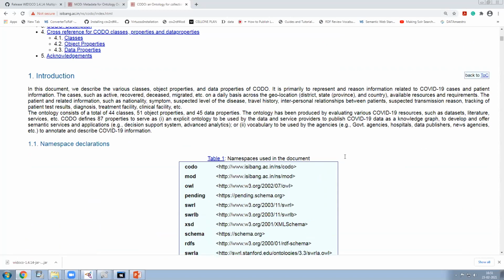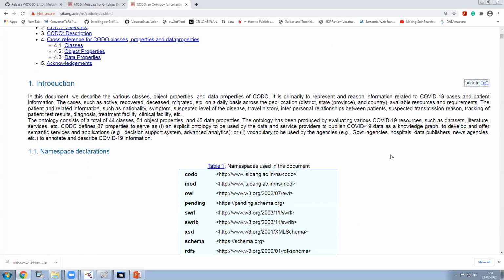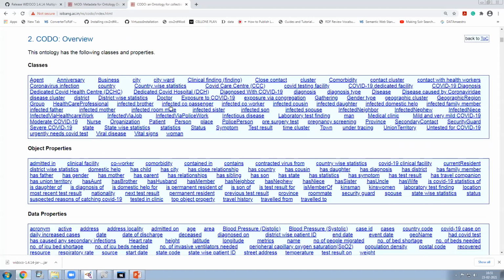So we need to create some kind of HTML document, so that it becomes easy for any person outside of your organization to go through the document, read it, understand, and decide whether the entire ontology is to be adopted or whether some part of it can be adopted for their own ontology related work.